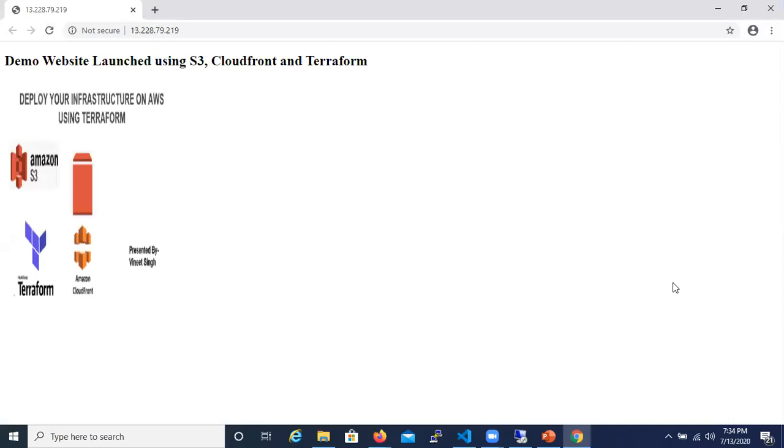My website is launched successfully, and I have deployed my application without touching any specific component. I did not have to do it manually. My website is deployed and tested right in front of you. And that's the power of Terraform.